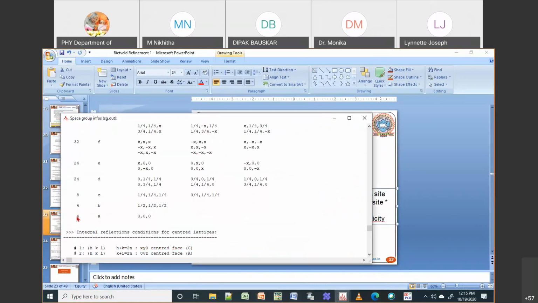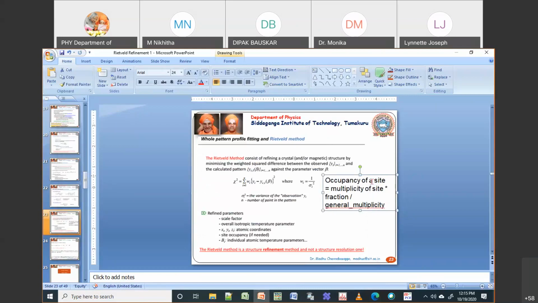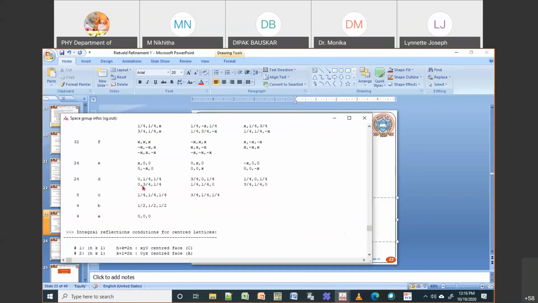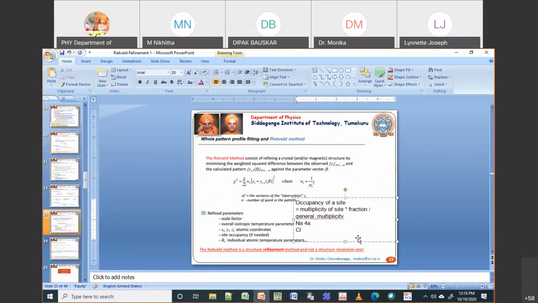the multiplicity of sodium is 4a. Okay, so if I take sodium chloride, Na is in the 4a site, and then chlorine is at 0.5, 0.5, 0.5, which is the 4b site.